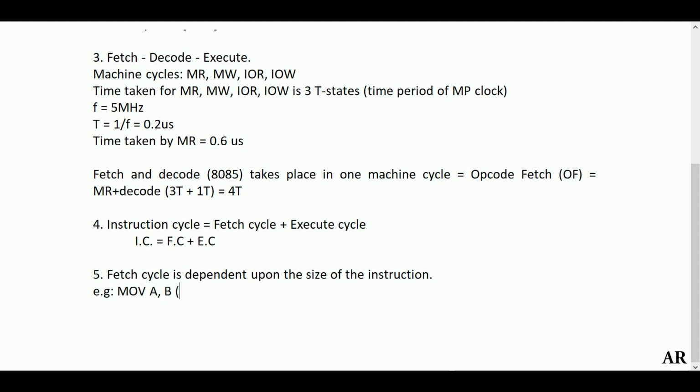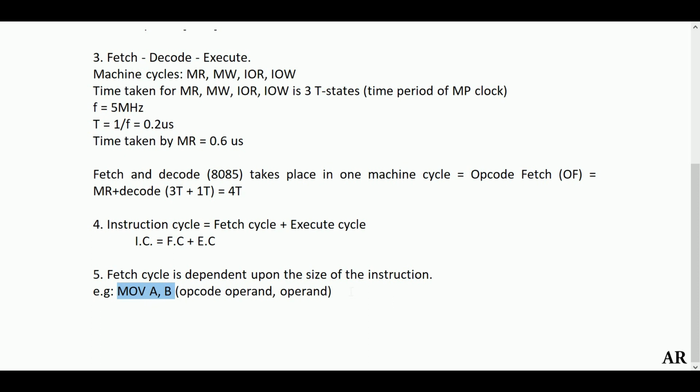What is the format here? It falls into your opcode followed by operands. The two operands here are A and B. Here A and B are references to the registers and not the immediate data. That is, there is no hexadecimal value provided here, or an address provided here. Why am I saying address? Because your 8085 has 16 address lines and 8 data lines. So neither is there 8-bit data nor a 16-bit address. Hence, this entire instruction will take the least amount of size, that is 1 byte.